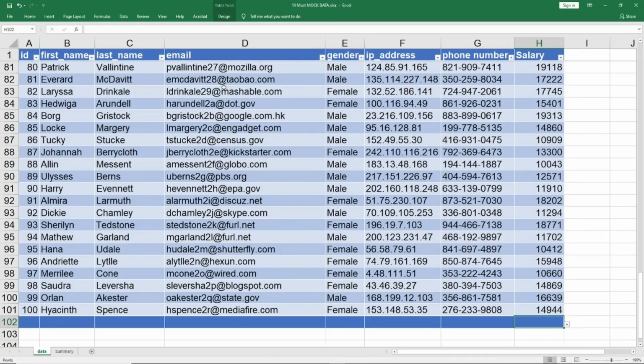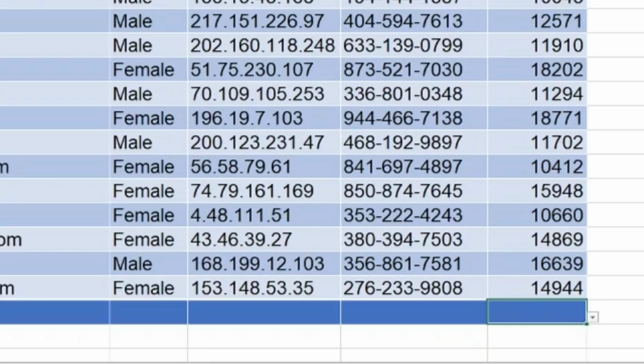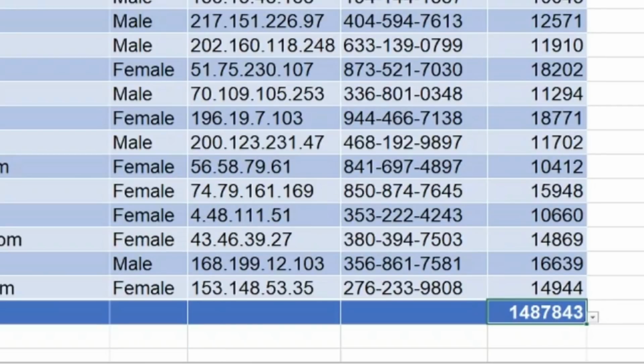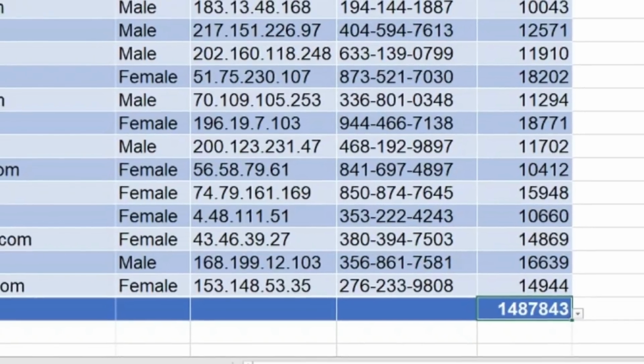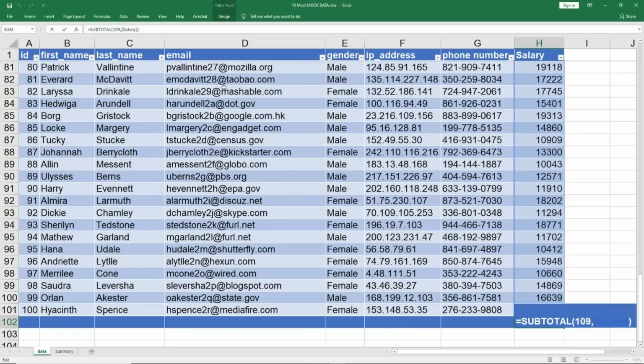I'm deleting this. What I would like to do is to do the summation of all the numbers starting one cell up of your current cell location until that point there is any break. Remember I told you about the breaks earlier. So I press Alt and equal to. It gives me the same thing. It has done the subtotal. If you go see in the formula, let me hit F2. The reason it has done subtotal is it is in a table format, as I mentioned earlier. So there is a lot of benefit of this, which I will show later, of the formula of subtotal.